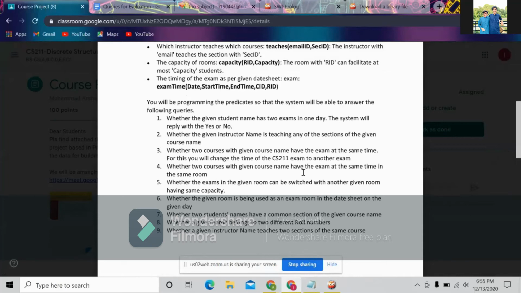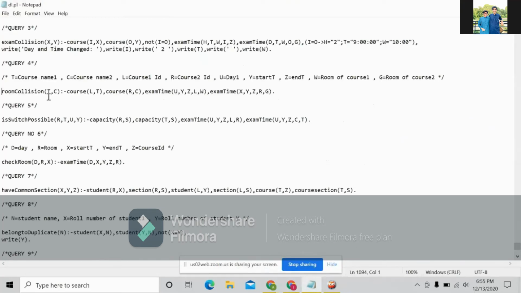Now, also we need to be sure that they have not given us any notification that we have to compare the dates as well. Hence, we can have a freehand over there. Now I shall explain the query to you. Room collision should have two course names. Course names, I repeat, and we shall use T as the name of the first course, C as the name of the second course. Then, in order to create a link between exam time and courses, we should use the predicate course,